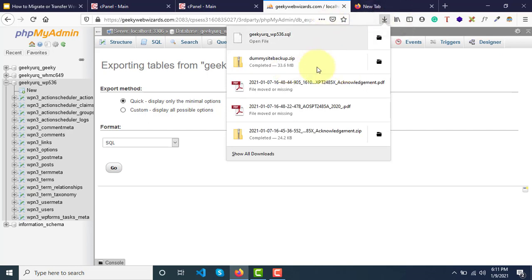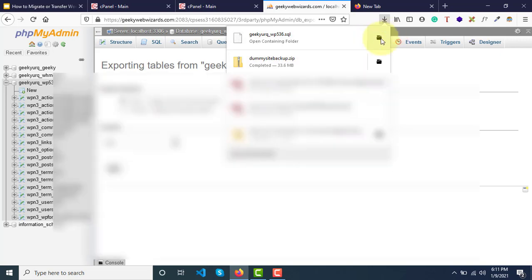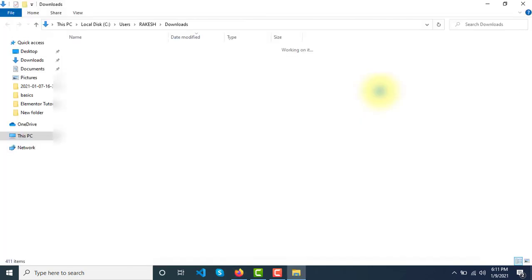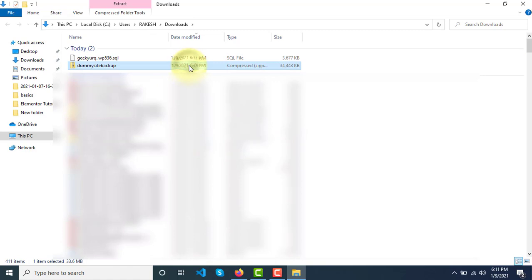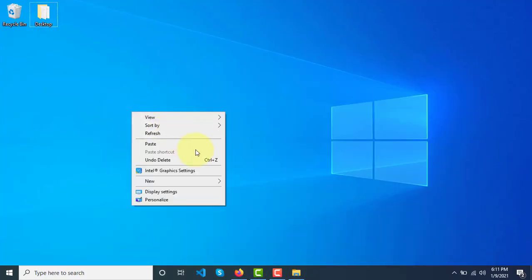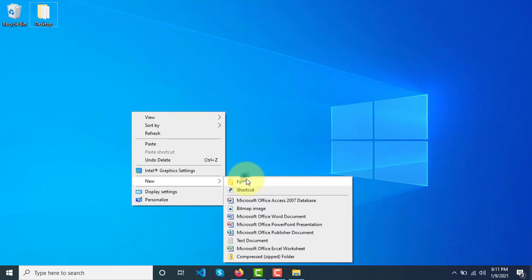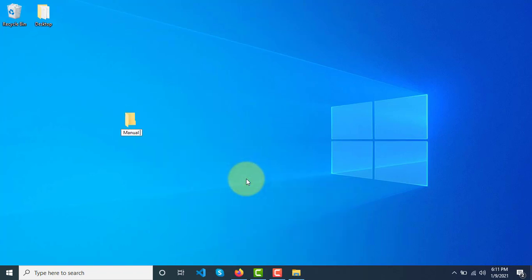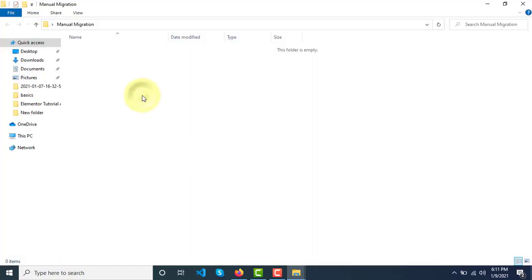All right, so now we have 2 files here. Let me organize it in a structured way. All right, so we just created a folder called manual migration.